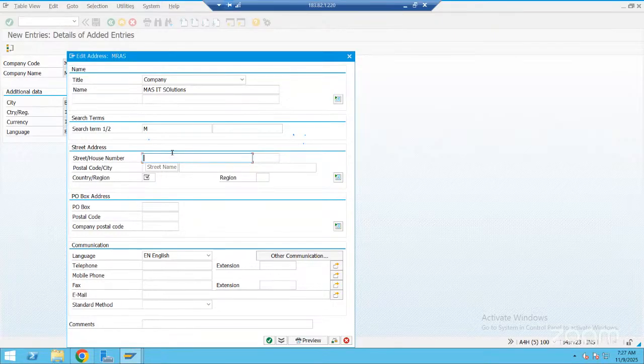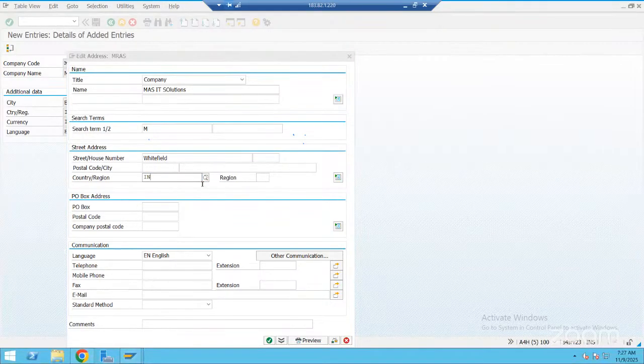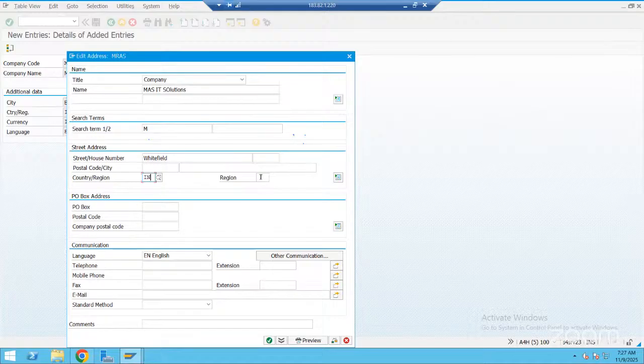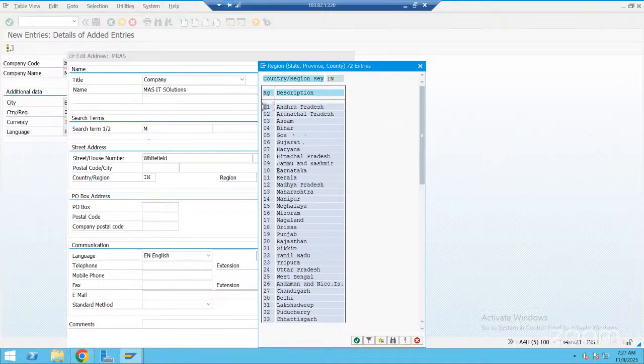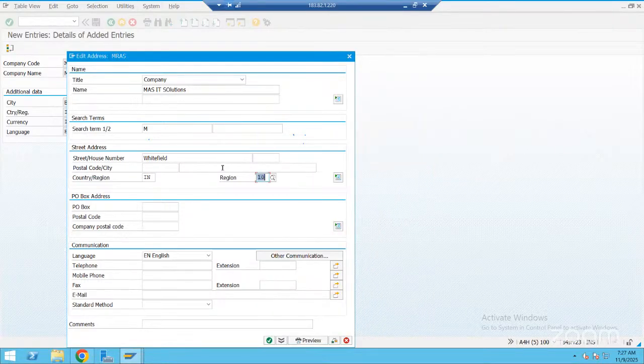Theater House, Whitefield, country here, right? And region here, Karnataka, right? City, you can do Bangalore. Same thing you can do here.